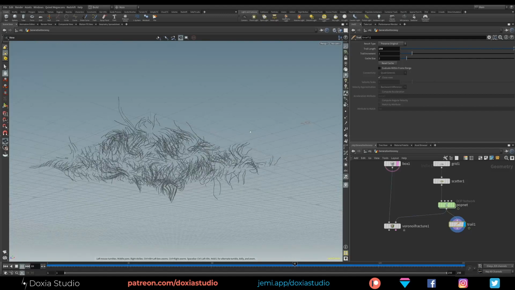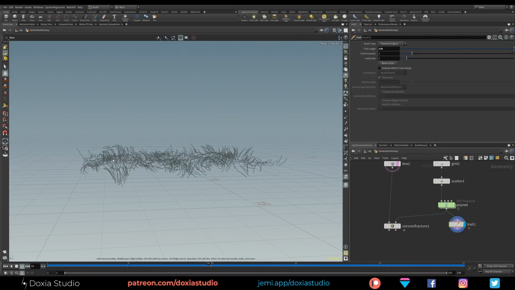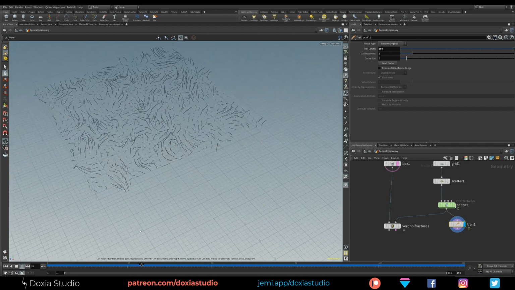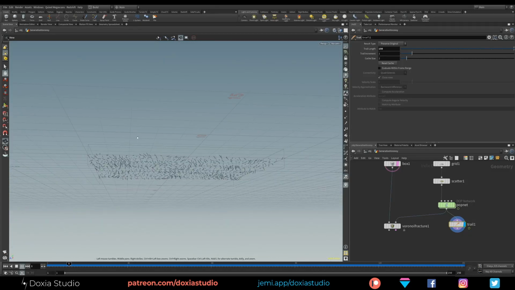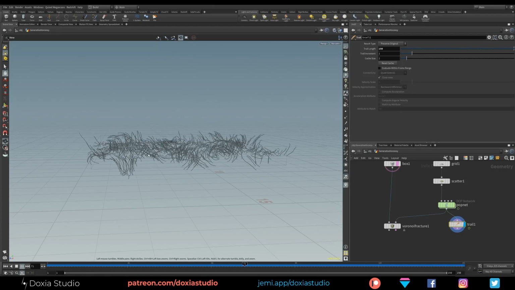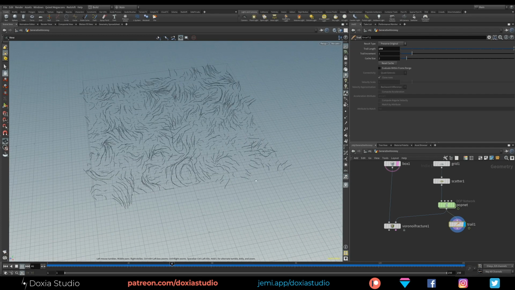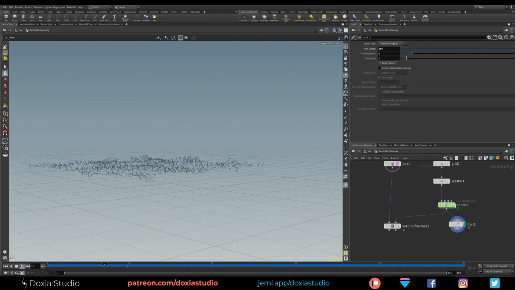So right now, if I rotate the camera, the viewport, you can see that our noise is 3D, right? It's going up, down, and to the sides. So we want to control this vertical movement. We don't want vertical movement. We want to have this noise in 2D. In other words, move on the floor. Don't go up, neither go down.